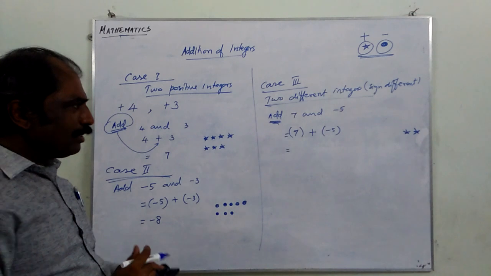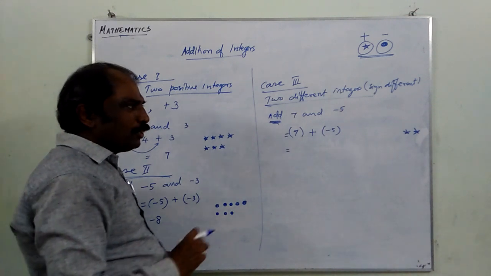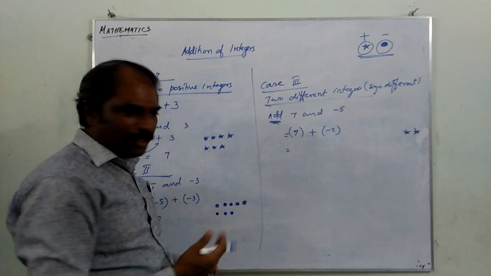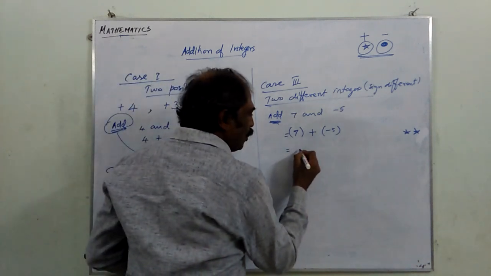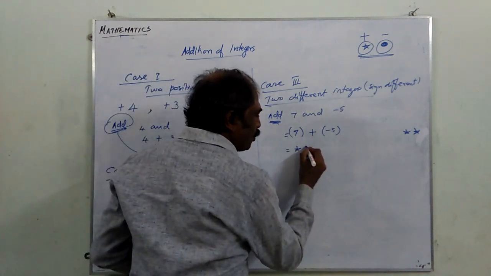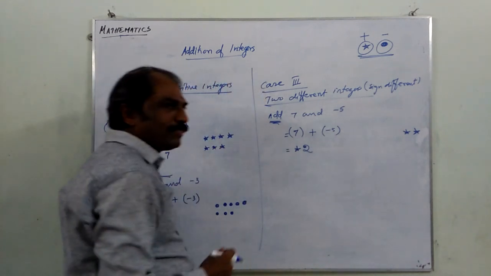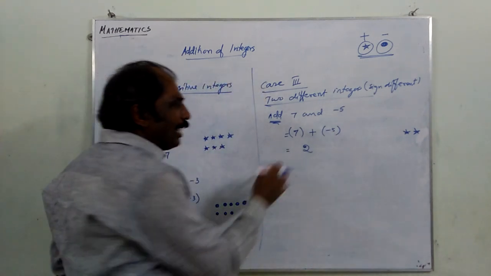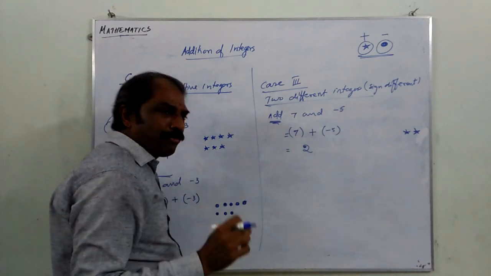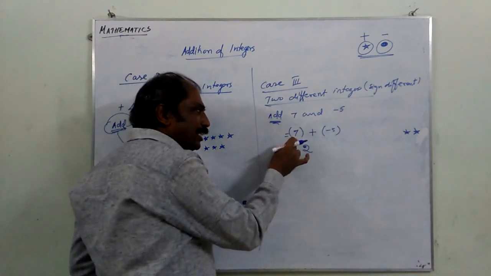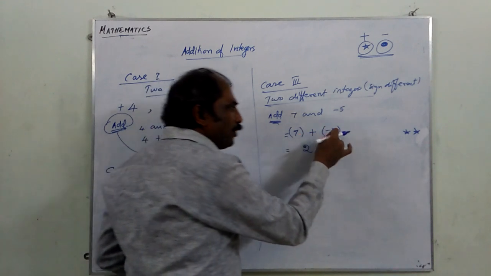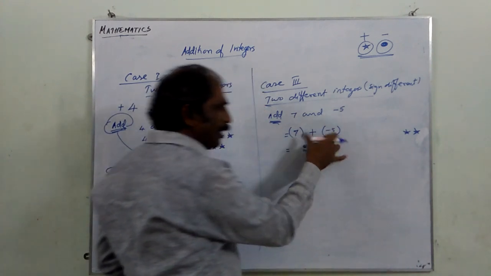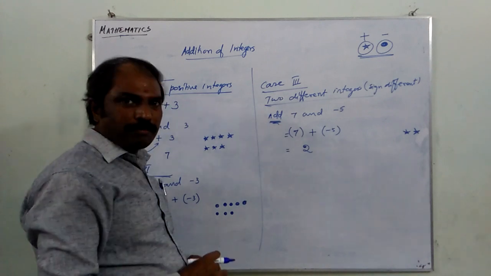Now we are left with, what are we left with? 2 stars. Yes. Do they have a dot to eat? No. So we have got stars. How many stars? 2. Star means positive. We need not give the sign also. So the sum, when we had a positive integer 7 and a negative 5, plus 7 and minus 5, when added together, we get positive 2.